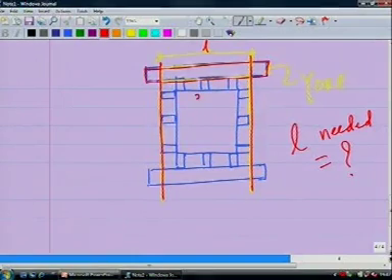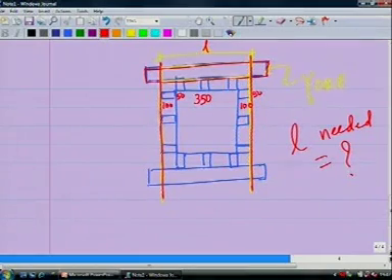If you see, this was your 350. How much is this? This is 100. This is also 100, because this section is 50 by 100. So, this is 50, this is 100 in this direction, 50 here.